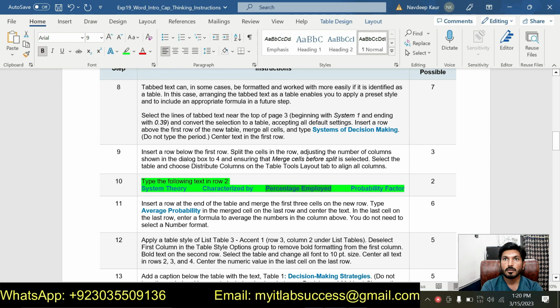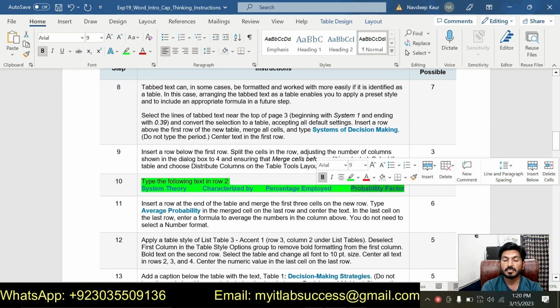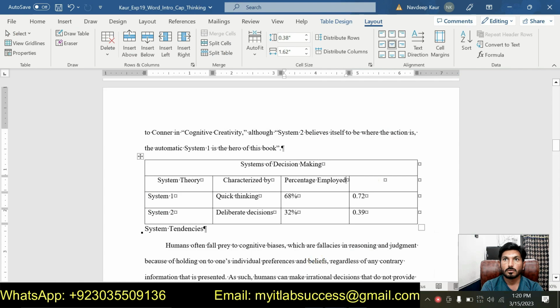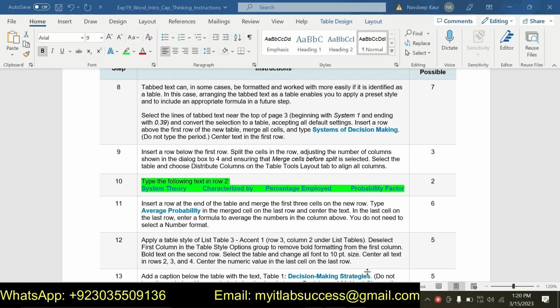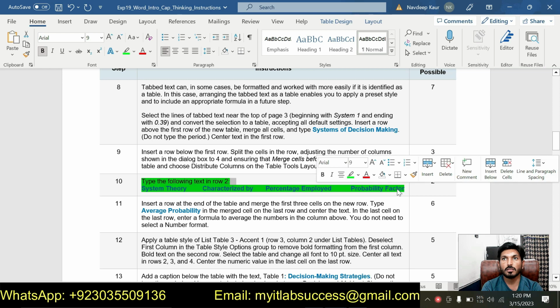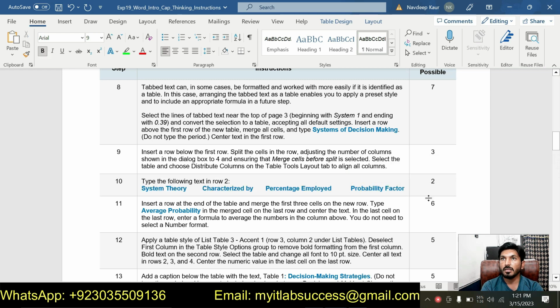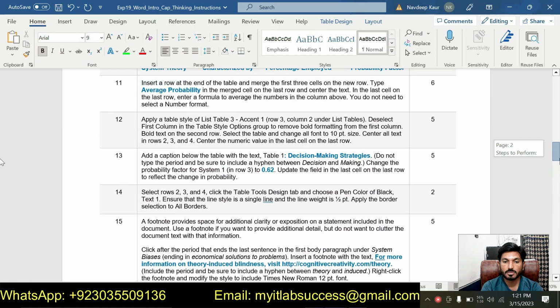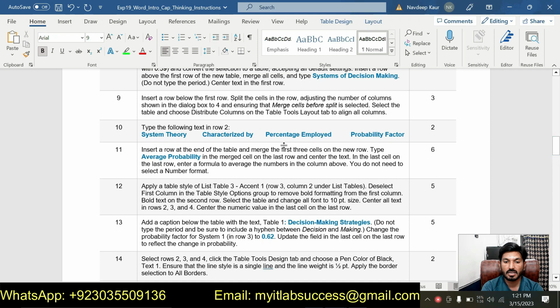Next is probability factor, this one, in cell 4 of row 2. So this one. So step number 10 is completed because I have typed all these in row 2 of the table, and basically this assignment has 25 steps and I am doing step number 11 now. So it is saying that